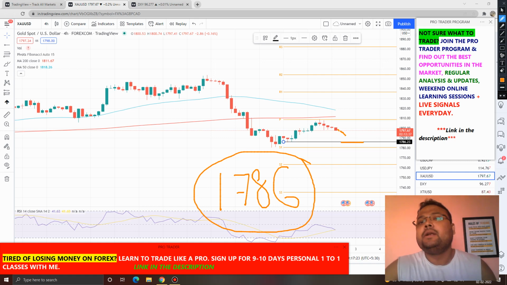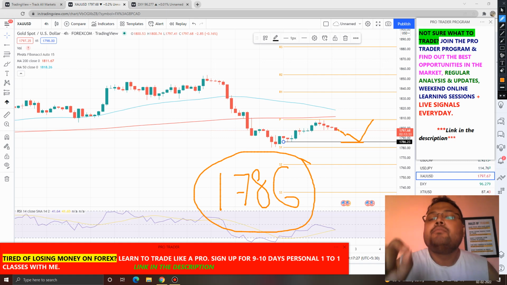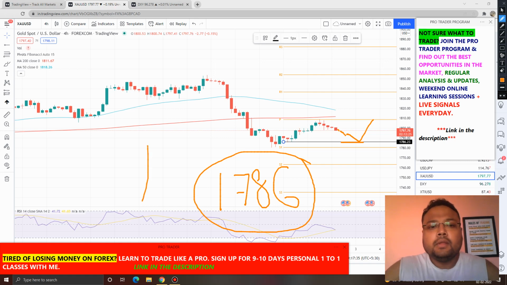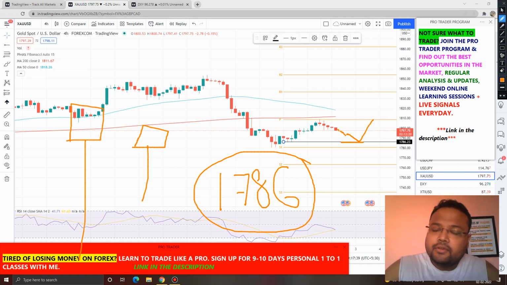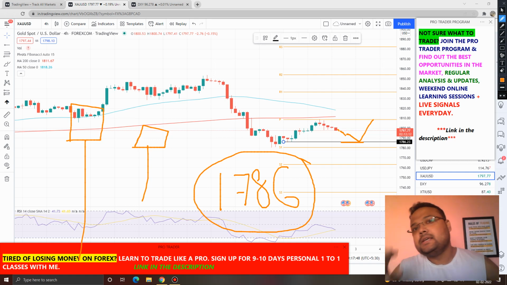So there is a possibility of the market bouncing from 1786. If you see price rejection from below at 1786, in the form of a hammer, a bullish pin bar, or a bullish engulfing pattern, you will get the confirmation that yes, 1786 is a valid support as of now,